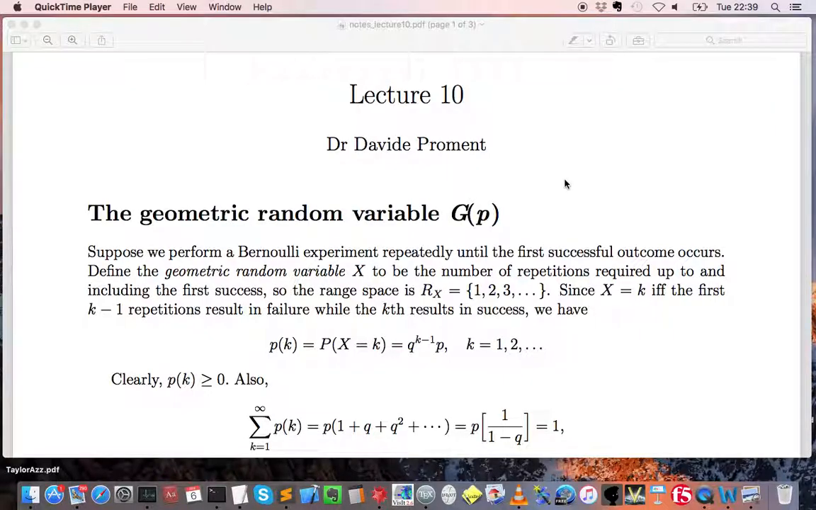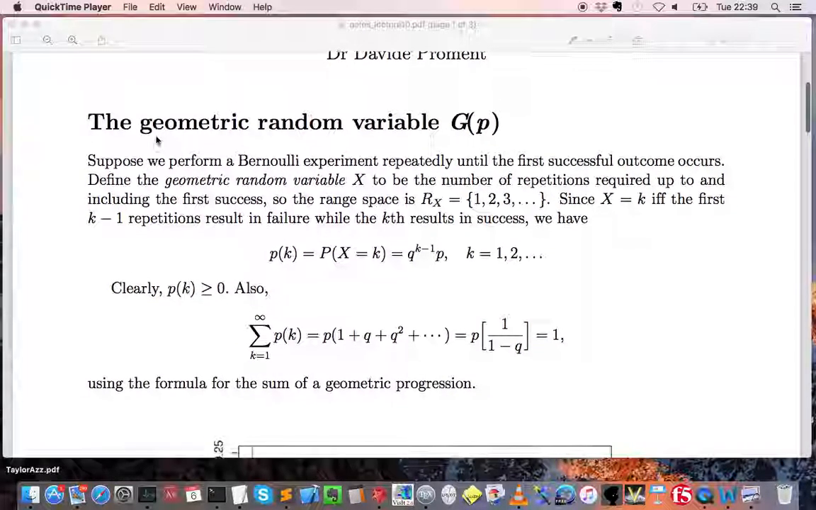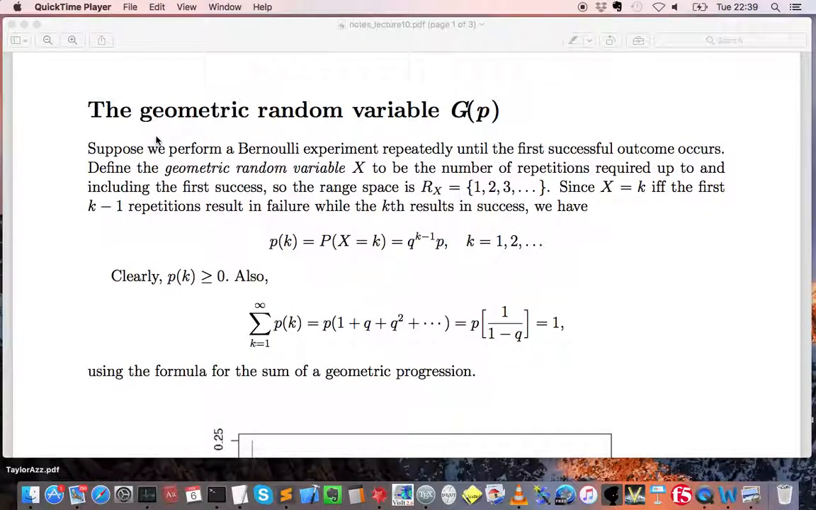In the 10th lecture of probability theory, we considered the second specific case of discrete random variable, the geometric random variable. We gave its definition in terms of the number of Bernoulli trials done in order to obtain the first success. We demonstrated that its probability mass function